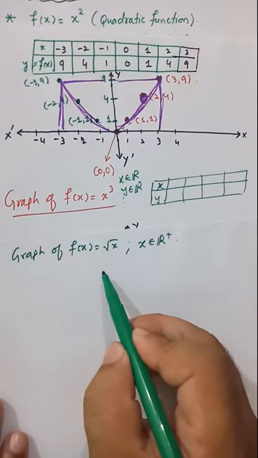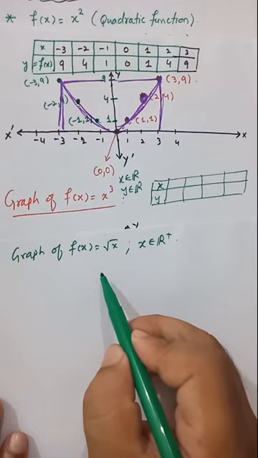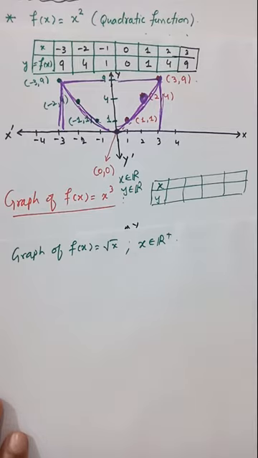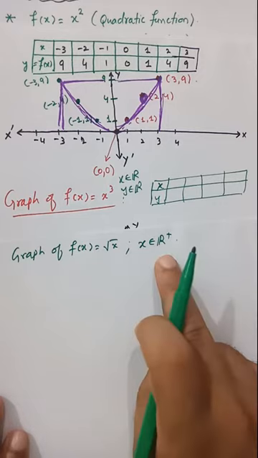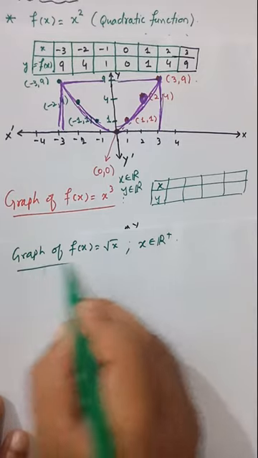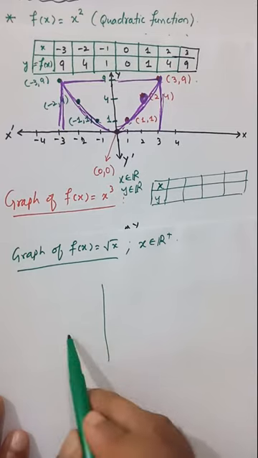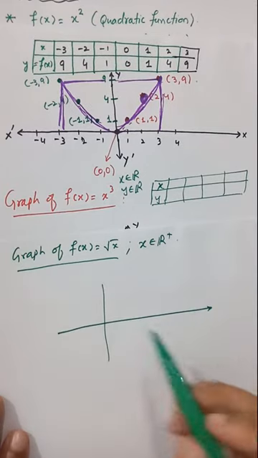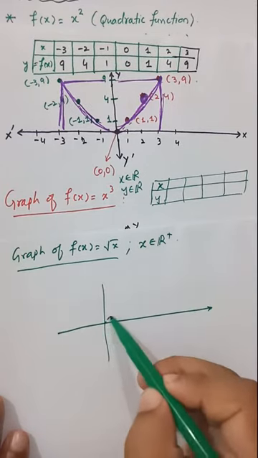We didn't consider such values on which the square root becomes negative, so you will avoid those values. That means we will avoid complex numbers, we will avoid iota. That's why the domain is positive real numbers. So when you are drawing the graph, the inputs must be 0 or positive. So its graph is like this.